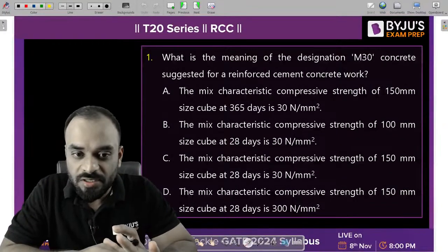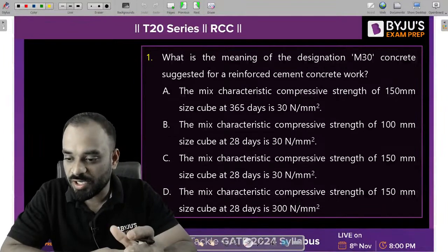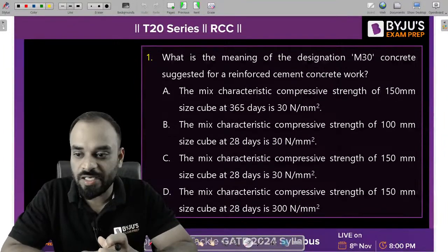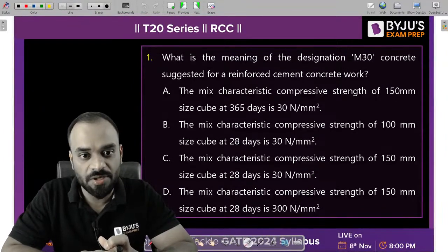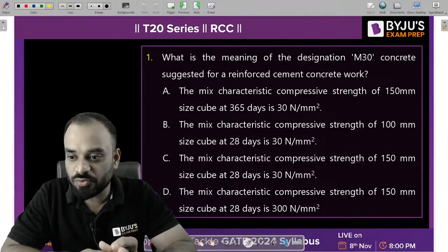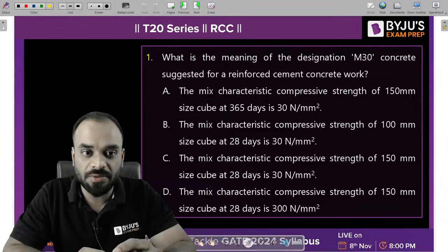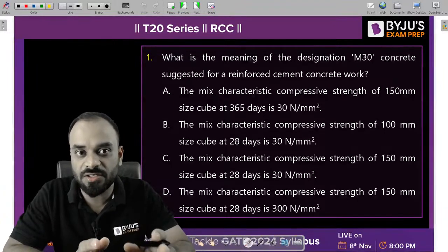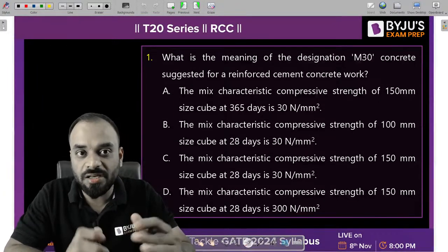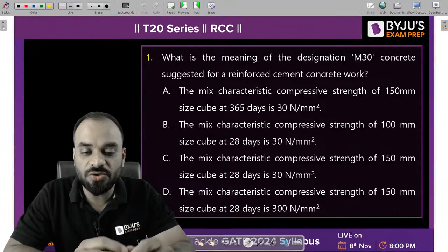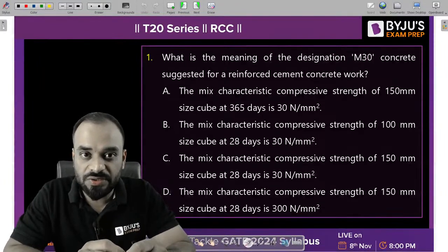So let's start with question number 1. Please reply in the chat box guys and let me know the correct answer for each and every problem. So this is the first question in front of you. Kindly read it very carefully guys because some questions are very tricky in this session also, and you may get trapped, right? That is the reason you have to read it very well.